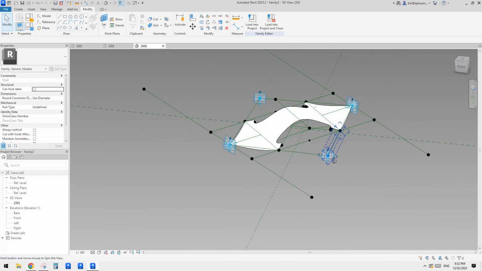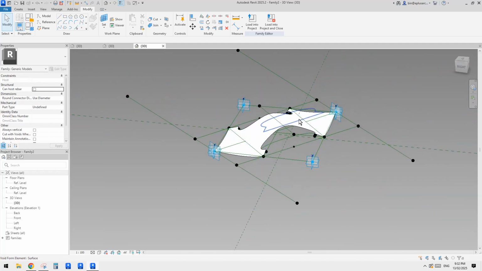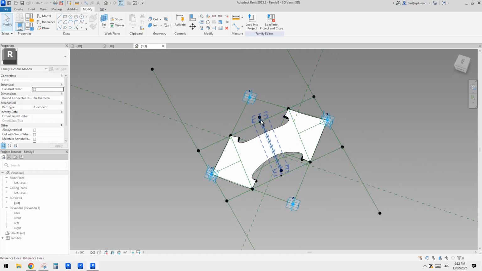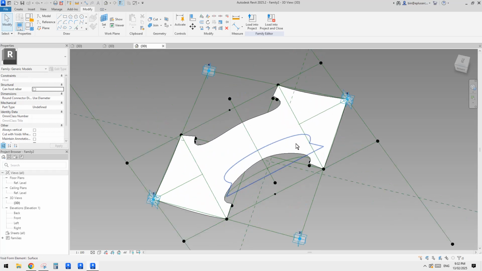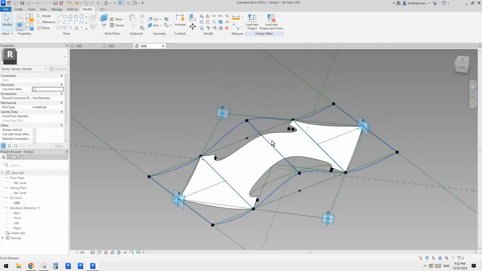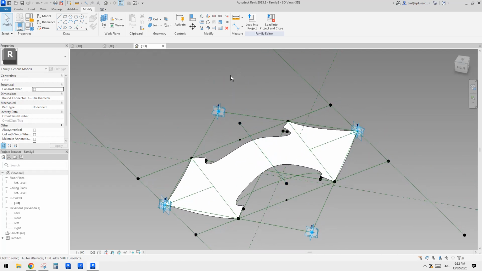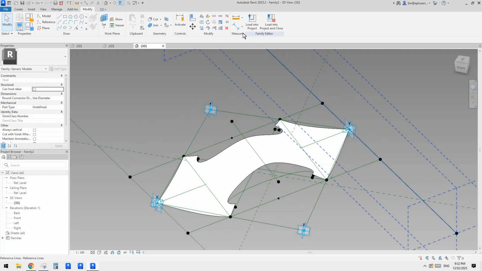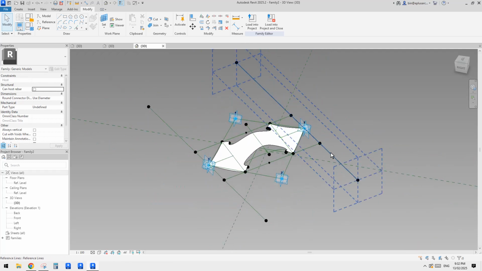So this is the flat version of this. Okay, so flat version, because we used just a reference line, just one straight line for this. The one with thickness is pretty much the same. Let's just do this one first. So now we have this adaptive family, and then we can, and also before that,